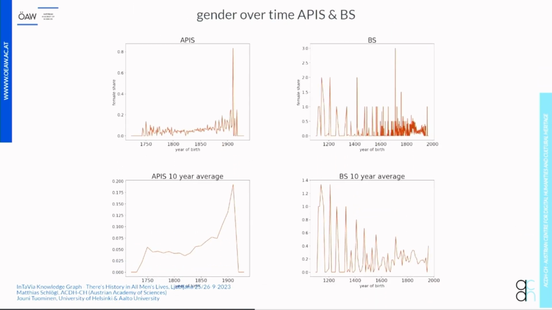And if we compare that gender bias over the centuries, of the birth centuries, you see that, at least in the Austrian data, there is a small rise towards the 20th century in the share of the female in the